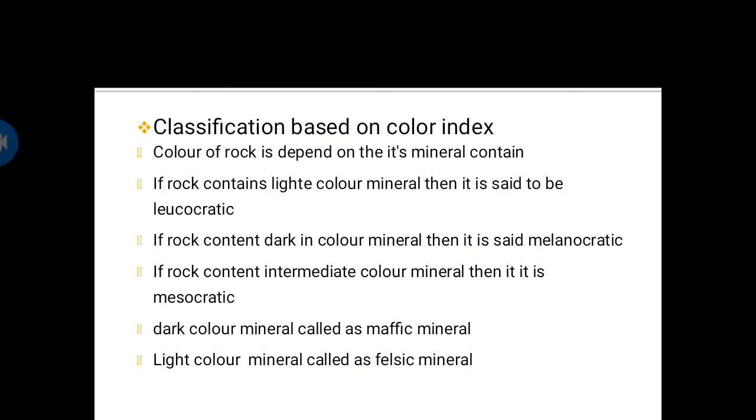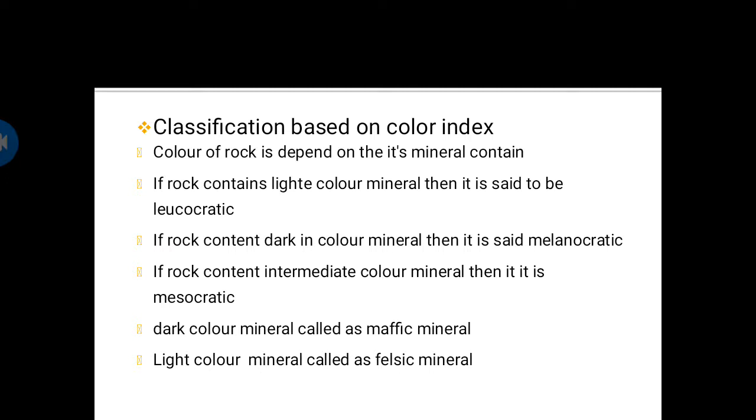If a rock contains light color minerals, it is said to be leucocratic. If it contains dark color minerals, it is melanocratic. If it contains intermediate color minerals, it is mesocratic. So remember: leuco for light color, melano for dark color, and meso for